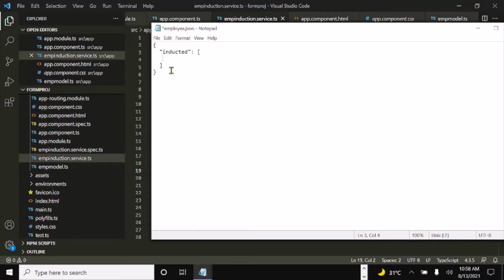I'm going to remove this, right? So this is all you need: the opening curly brace, inducted colon, array, and close that. So this is an object array. And now you know why we use the word inducted there, right? Now save this file